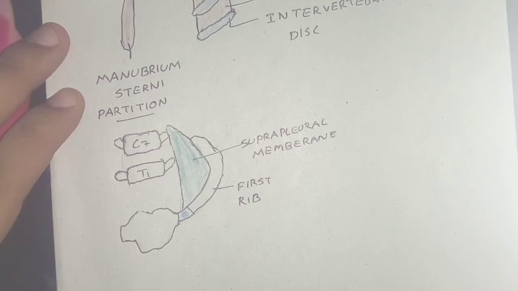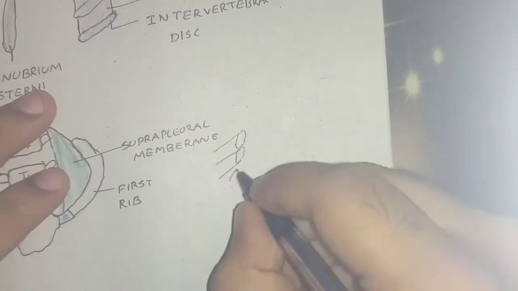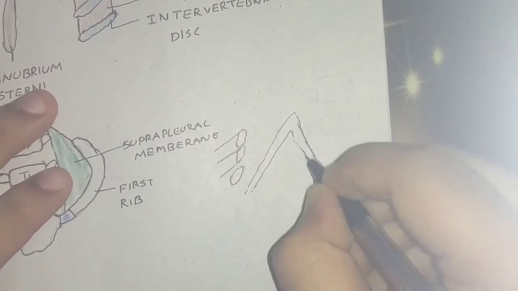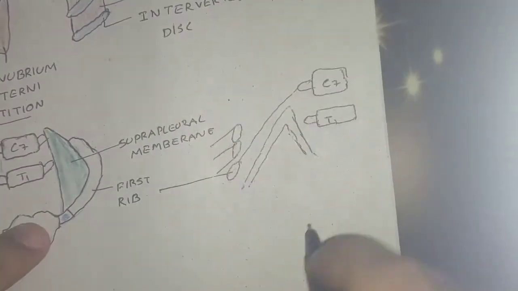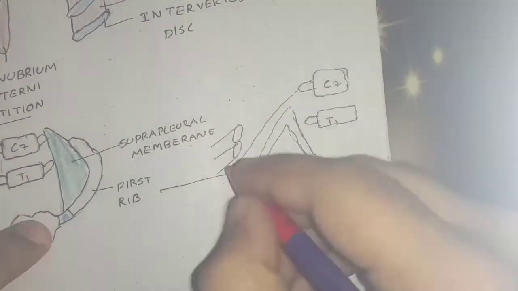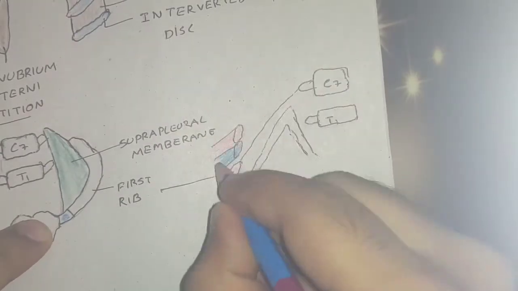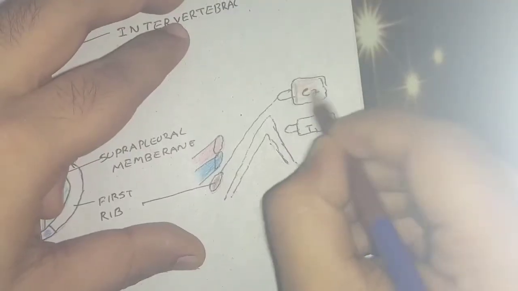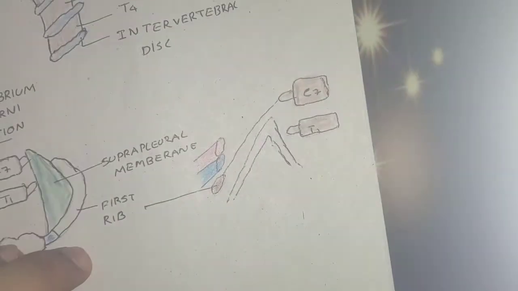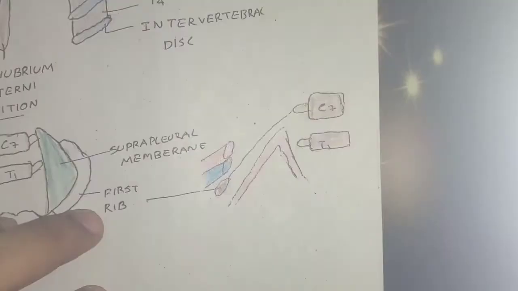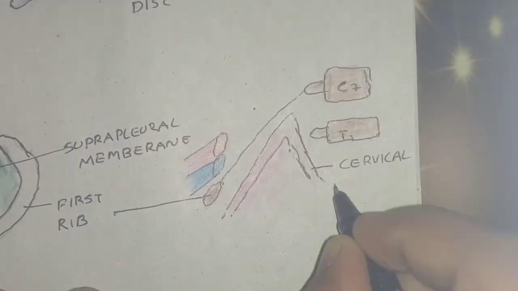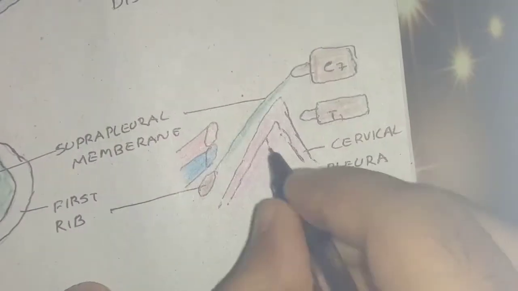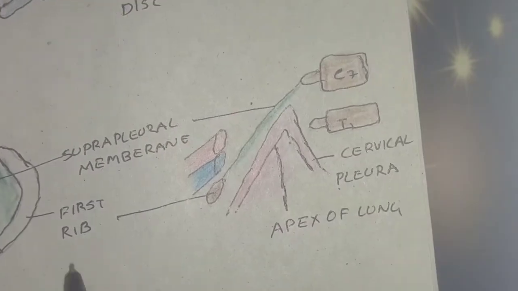Morphologically, Sibson's fascia is regarded as the flattened tendon of the scalenus minimus muscle. This is formed by the scalenus minimus and endothoracic fascia. Functionally, it provides rigidity to the thoracic inlet so that the root of the neck is not puffed up and down during respiration. The inferior surface of the membrane is fused to the cervical pleura. Beneath lies the apex of the lung. The superior surface is related to the subclavian vessels and other structures of the root of the neck.